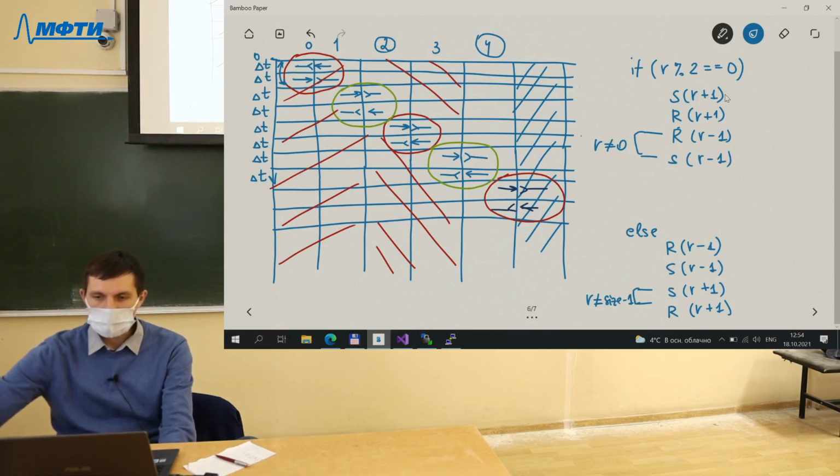And you can see on the same logical level, sending to the right, receiving from the left, receiving from the right, sending to the left, receiving from the left, sending to the right, sending to the left, receiving from the right. It's okay now, without any deadlocks, and you can see